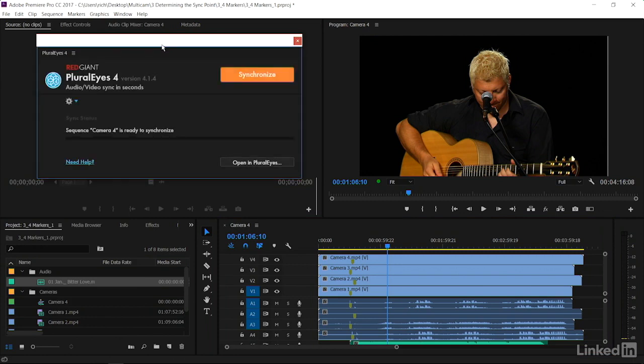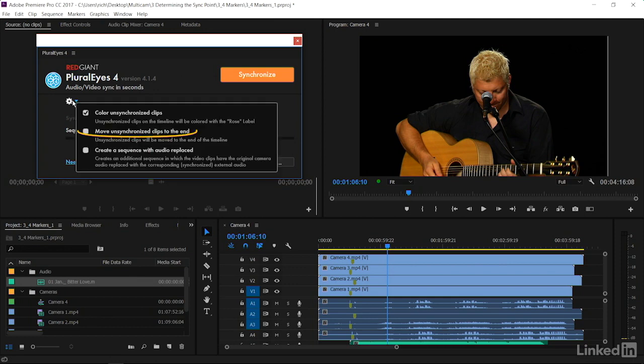Now, what it will allow us to do is to easily hand off content. So, for example, I can choose what to sync. From the options list here, I'll tell it to move any unsynchronized clips to the end. And I'm not going to take advantage of this option, but it would actually take anything that didn't have the original audio and replace it using the external audio. This is quite useful for things like sync sound workflow for DSLRs, where you record the audio on a separate